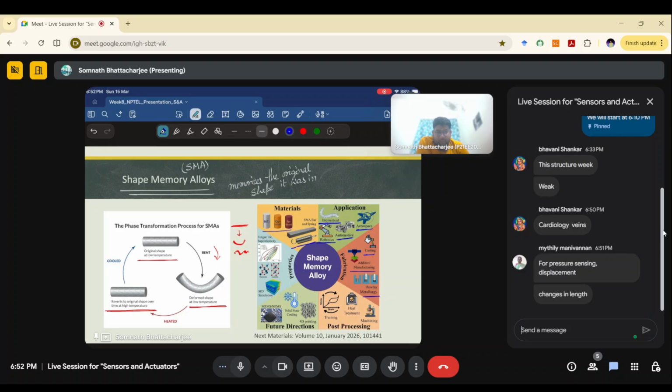And our main target is towards MEMS and NEMS, right? So this is our main target. Apart from that, in case of solid state cooling and 4D printing and these kinds of things, we have been